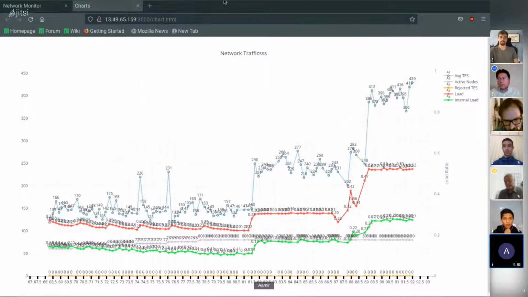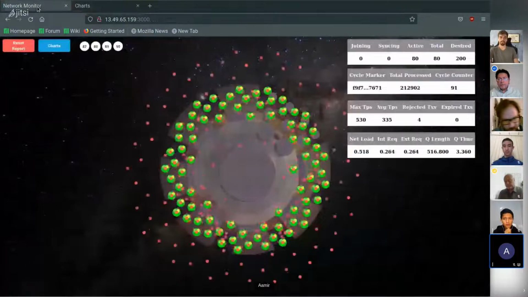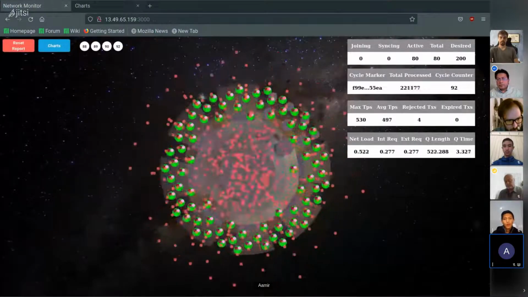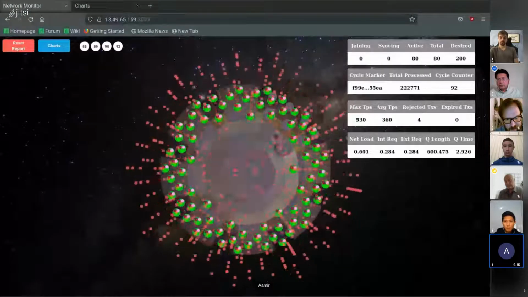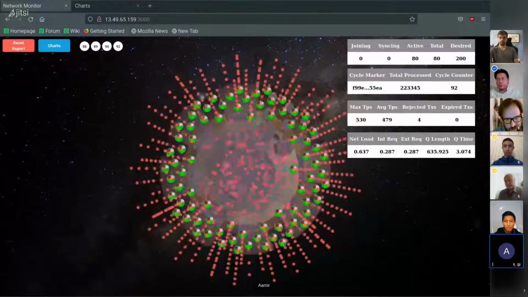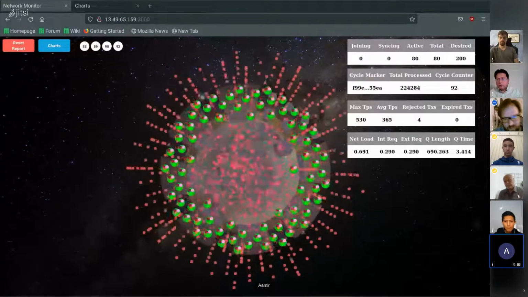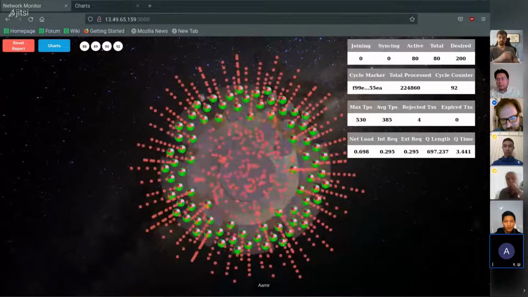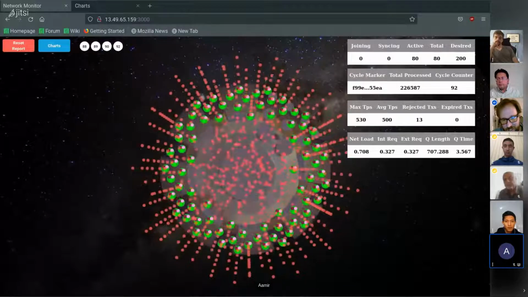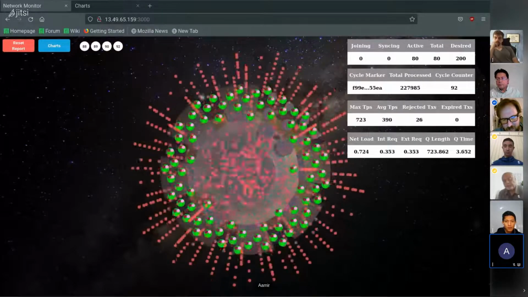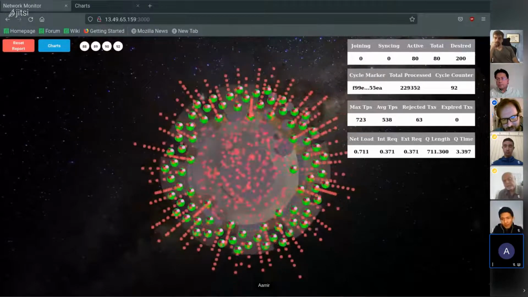So yeah, if you can switch back over. Yeah. So let's see. Okay, so we're at close to, I saw it get close to 500 TPS there. I just launched another 200 TPS at it. And okay, I wanted to mention that queue length, that goes up as the load increases, and that's pretty